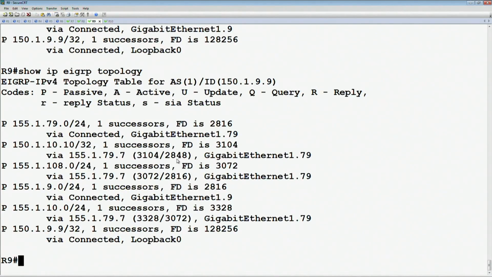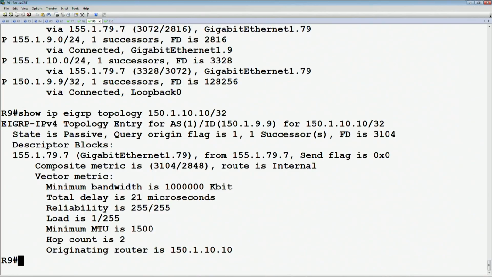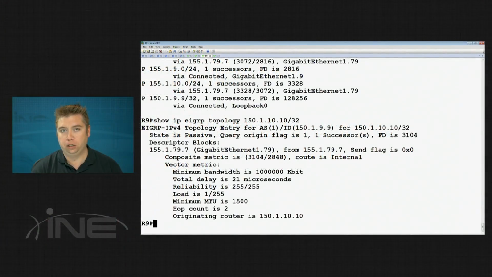But now if we look at one of the individual routes, let's say 151.10.10/32, it's a regular internal route that we can run the feasibility condition on. So what this now means from a route path selection point of view, if we have a route through the MPLS network and then we also have a route through a backdoor link, like let's say we have MPLS as primary and we have DMVPN as secondary, or like a legacy point-to-point T1 or something on the back end,